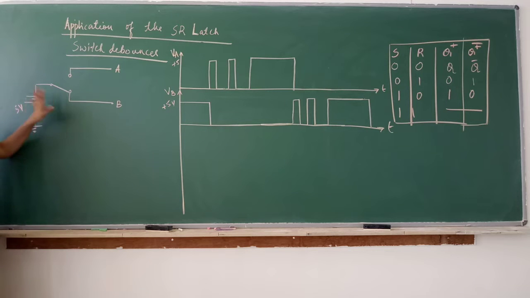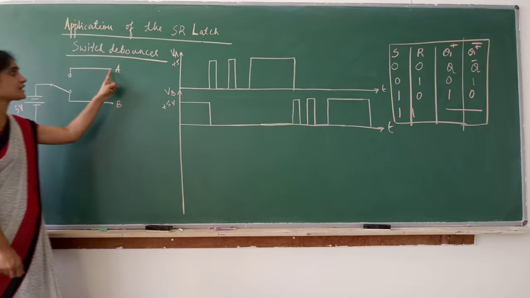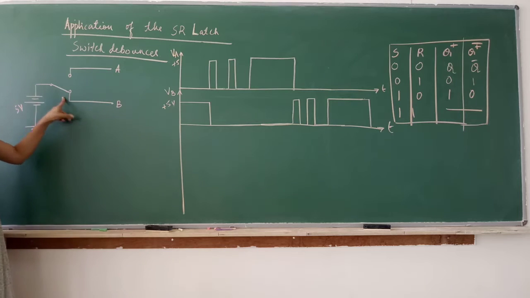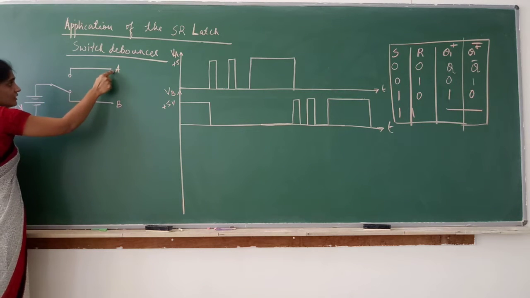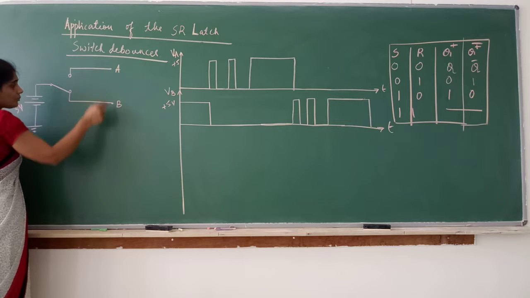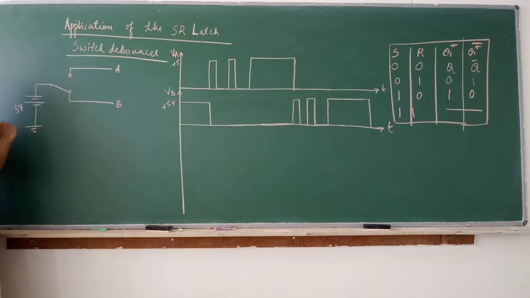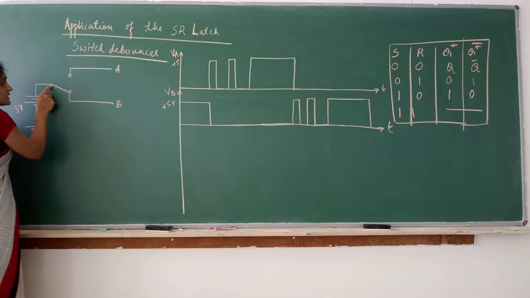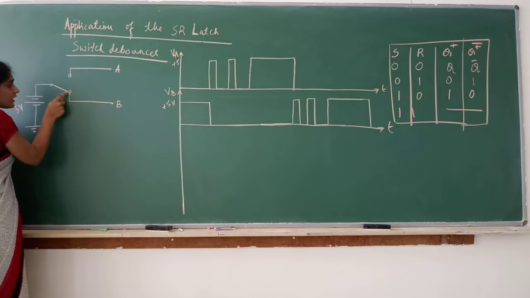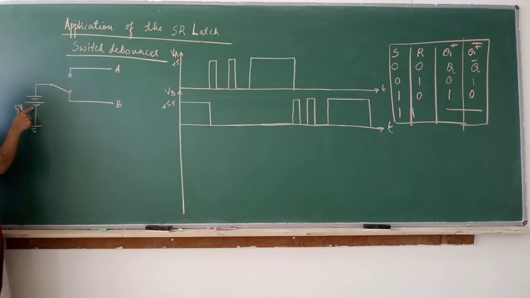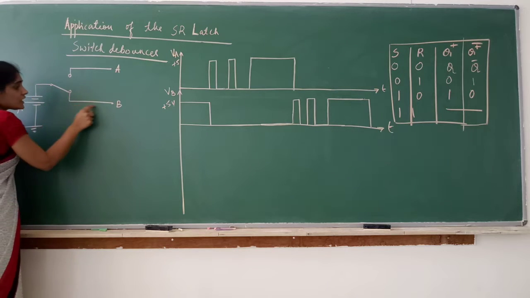I have written an example circuit wherein I have two contacts, A and B. This is a switch, the center contact, and we have two contacts here, A and B. The common problem when we use a switch is the occurrence of contact bounce. Let's see what it is. Initially I have taken this center contact at B, where B is connected to 5 volts. So what is the voltage at B?